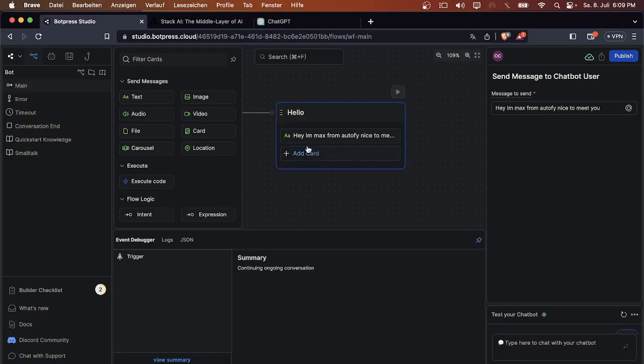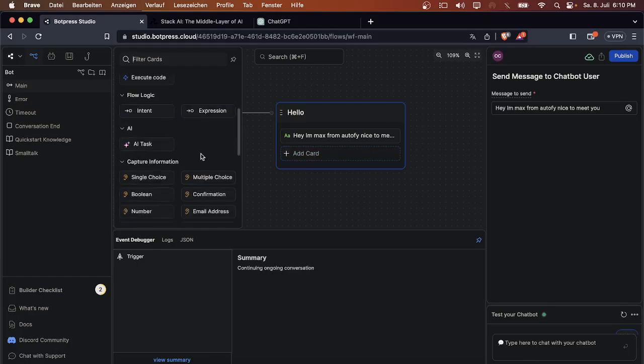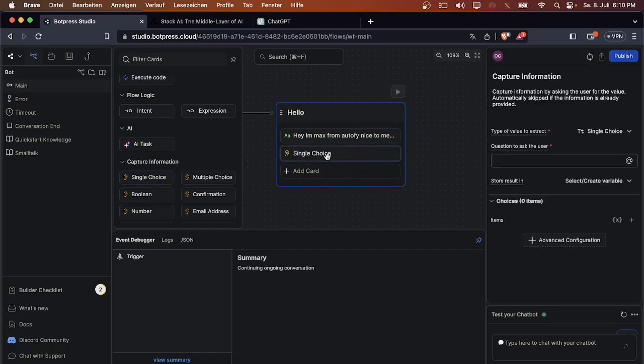All right. You can also add a few more text messages if you want to, so there is no possible ending. After that, we will click on add card again, because right now the bot has nothing to do. We'll click on single choice, since this will be the first command the bot will get. This is basically a question we will ask the user. For this example, we can just ask,